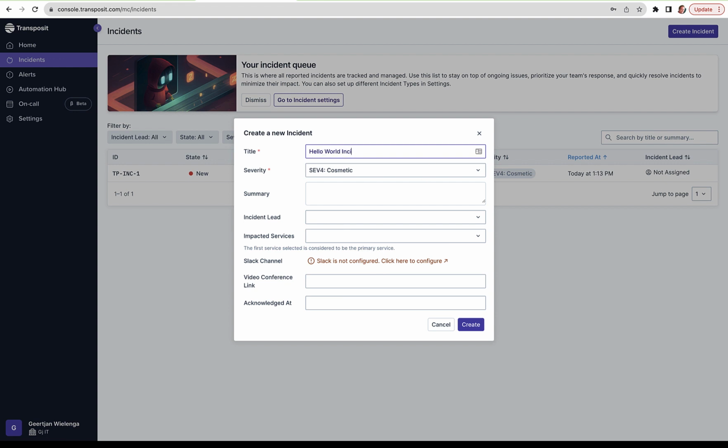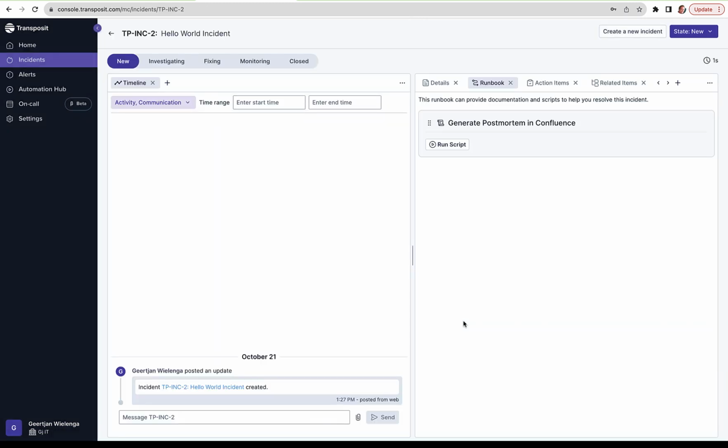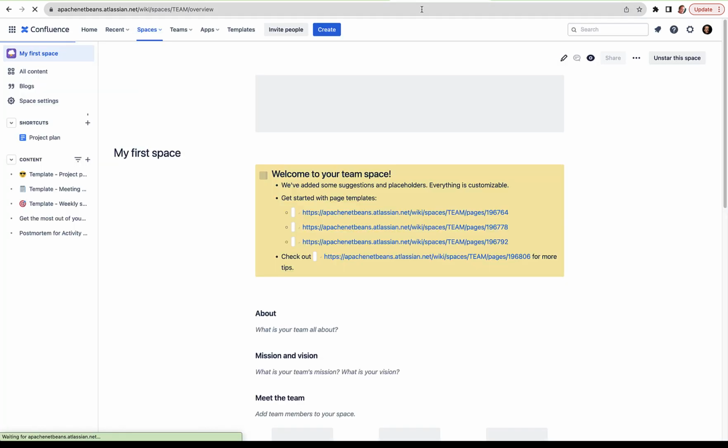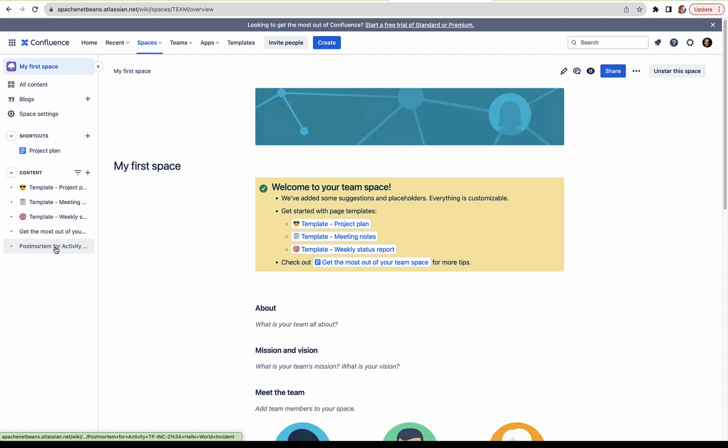We create a new incident. We give it a name, Hello World Incident, for example. And once that incident is created, we will see in the runbook that our step is there. Normally you would generate a postmortem right at the end of everything you've done. We haven't done very much yet, but as an example, we'll run the postmortem immediately, and we can see that